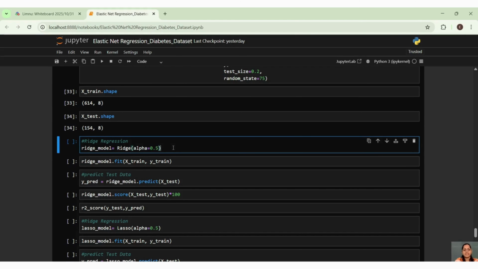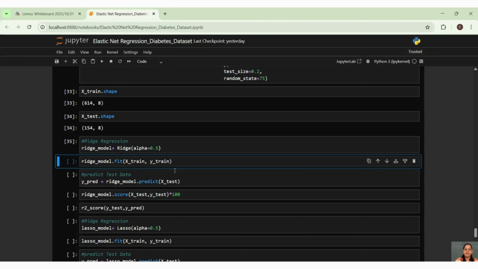So first I have started my ridge model. For that I have taken ridge, and for ridge what is the criteria, guys? Alpha, right? We are considering the hyperparameter here, correct? Because that is your hyperparameter. If you have not gone through the videos, please go through the last video where I have explained all these concepts before moving ahead for the end-to-end projects, right? So the alpha part, which is my hyperparameter, I have taken 0.5. This is a sweet spot, okay? And I have taken my ridge model.